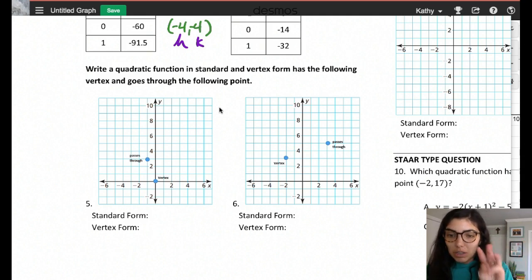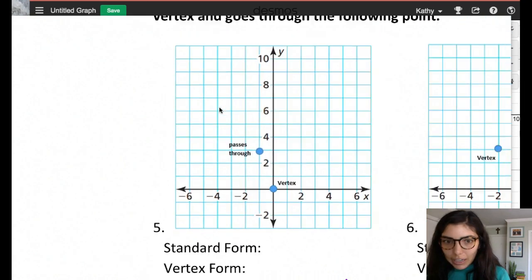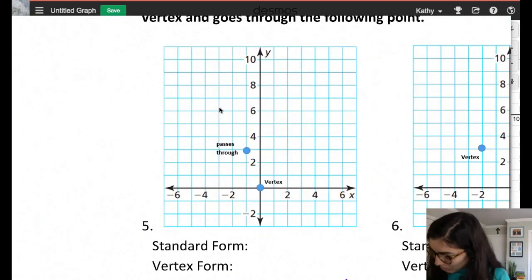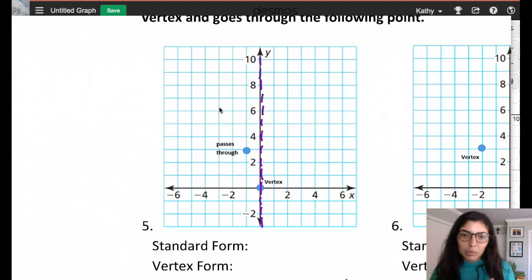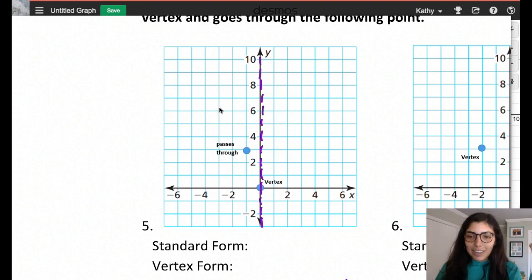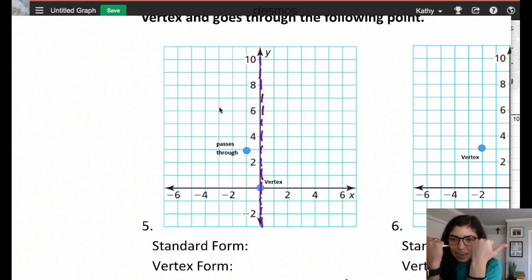to work in Desmos. How many coordinates are we going to need? 3. If you use 2, it's not enough. You have to have 3. But what we do know in being given the vertex and another point is we know that there exists a line in this problem that's invisible and cuts the parabola in half. Hopefully you remember that that is called the axis of symmetry. The axis of symmetry is exactly in the middle of this parabola. So we know every point that's on this side also has to show up on this side, the same distance